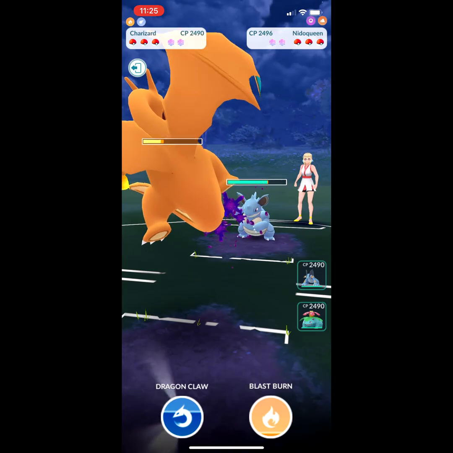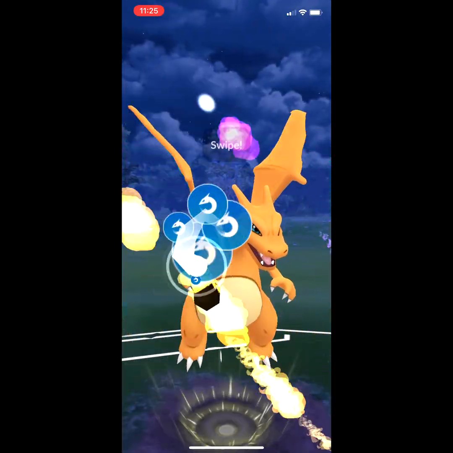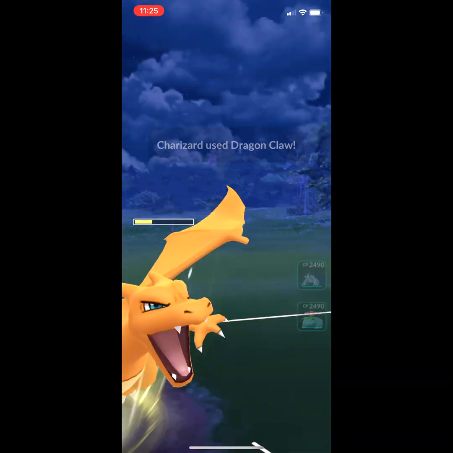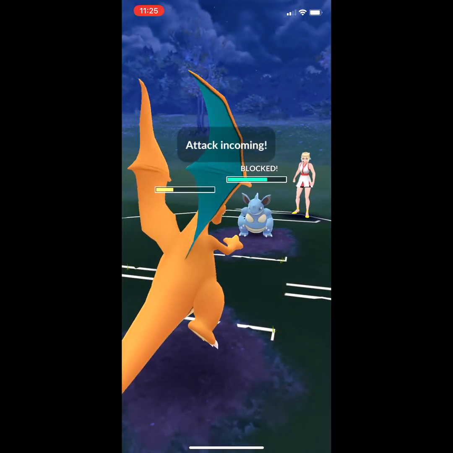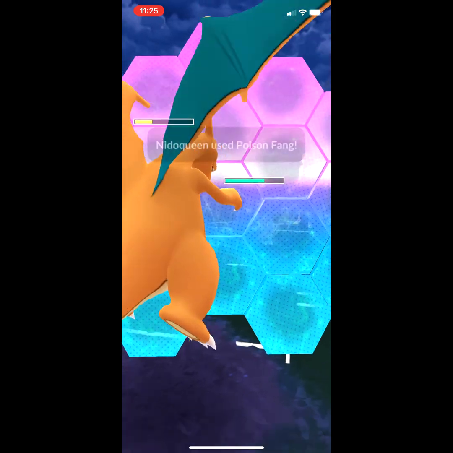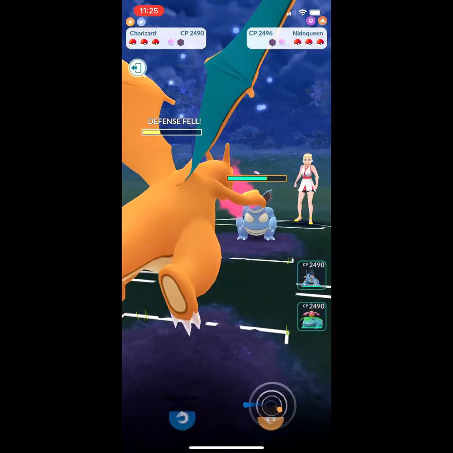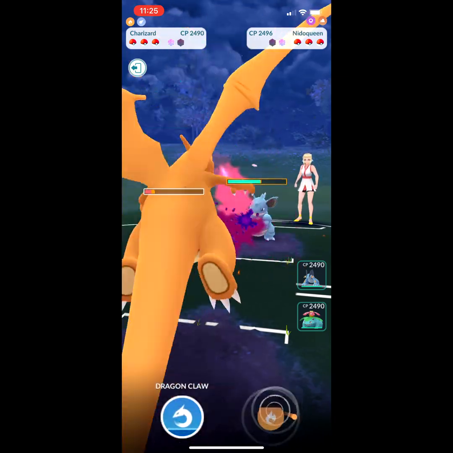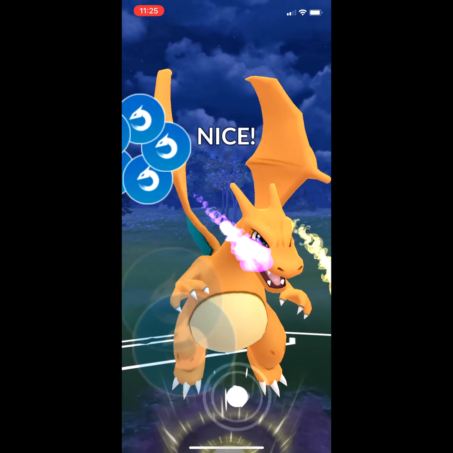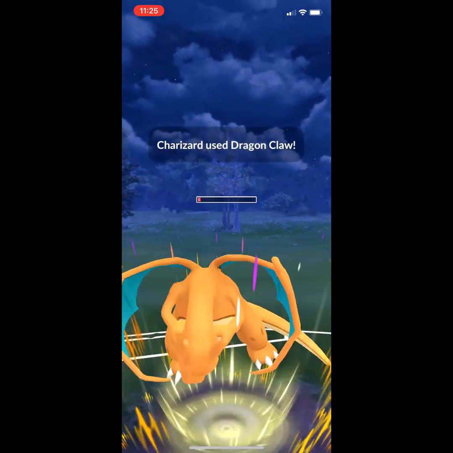And what do? I bait with the Dragon Claw. Let's see if he shields. Yeah, it's a safe shield, and he's already at another move, which makes me think that he snuck an invisible Poison Jab through. He's at the Poison Fang. I'm going to shield. 1, 2, 3, 4. I can't get to the Blast Burn in time, which is really unfortunate. Which is also a great thing about...